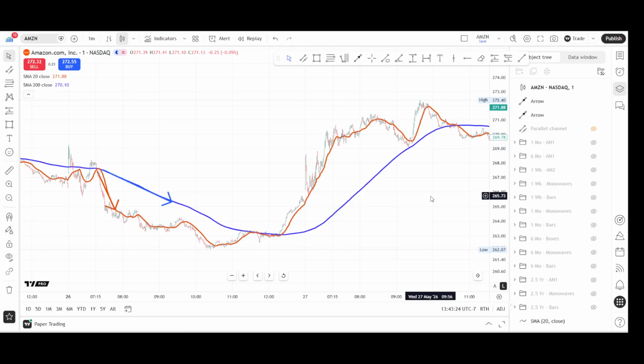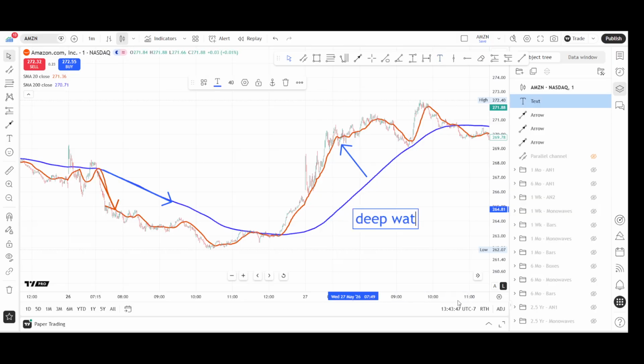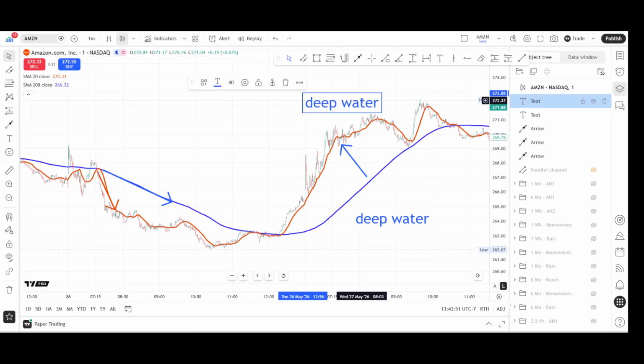And I want you to go do this on your own. Use your 20 and your 200 period moving average, go through and find some wide states, get your arrow button out here and start saying, okay, is that wide? Draw in some coastline. Get your little text key in here and say, okay, Rich said that was the deep water. So start replicating what I'm doing. Don't just watch the videos. Start replicating